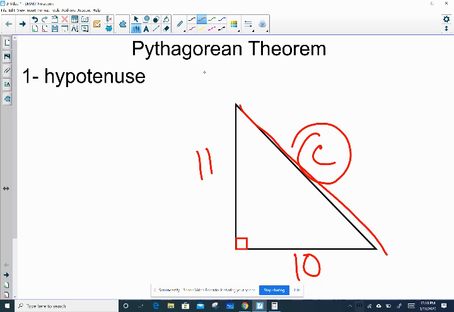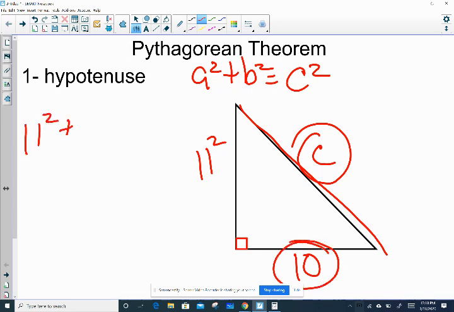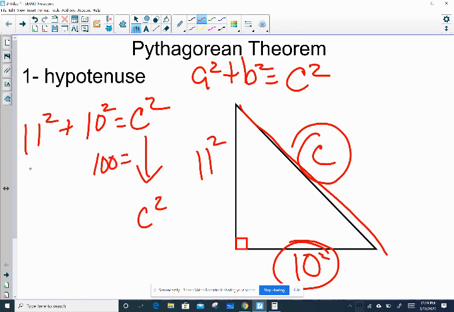So once again, we know A squared plus B squared has to equal C squared. So that means that if I square this number, 11 squared, plus this number, and I square it, it's going to give me this number here. Okay, so now we're just going to go ahead and find out what C squared is. Well, 10 times 10 is 100. 11 times 11 is 121. So now I just add those together. Now I get